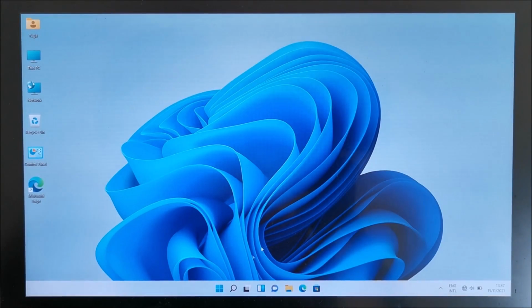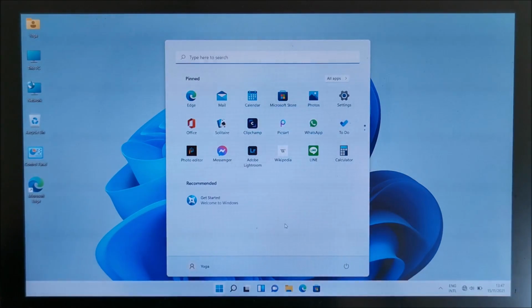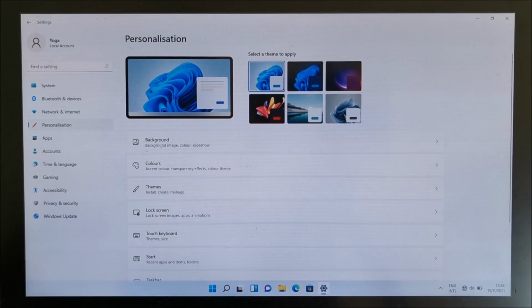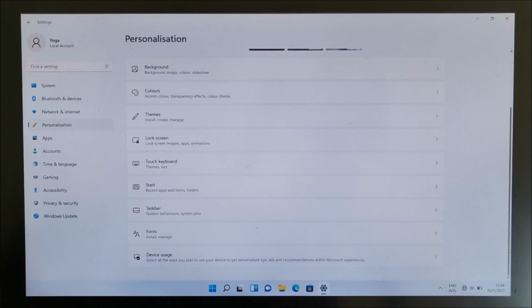So to start, simply click on the start button, go to settings, personalization, and in here we have taskbar right at the bottom. You can see it here. Click on it,